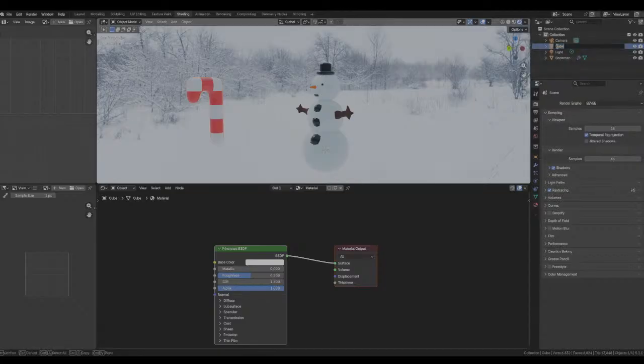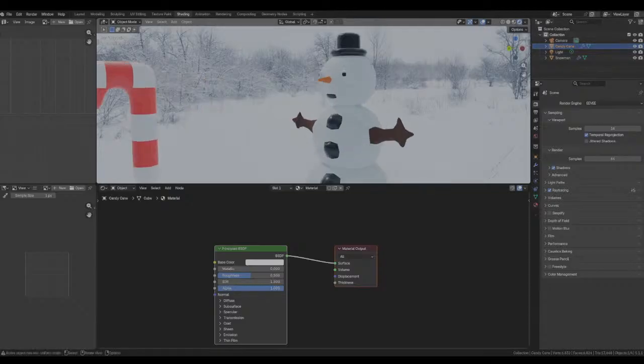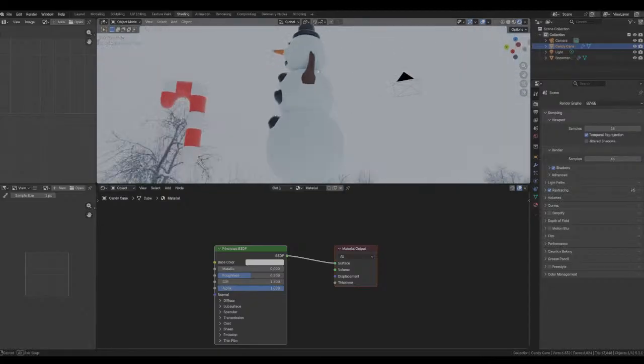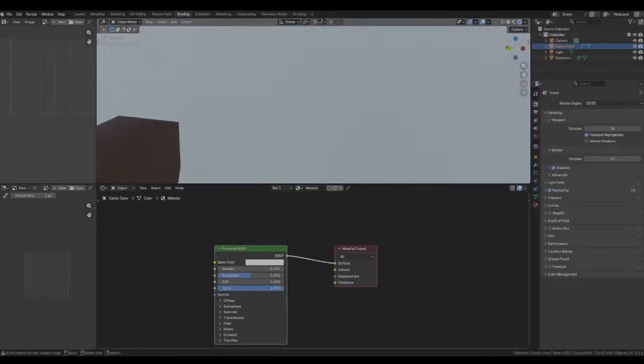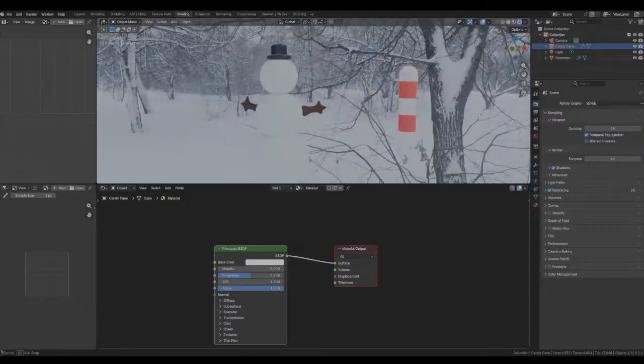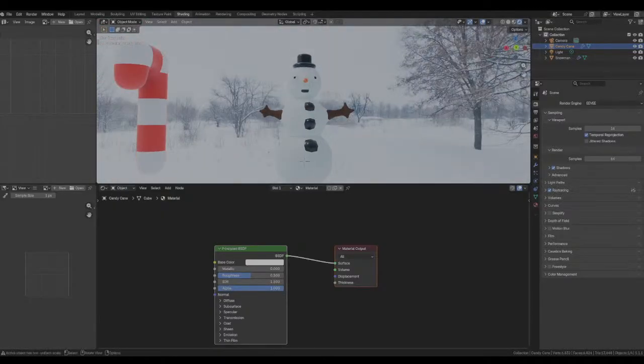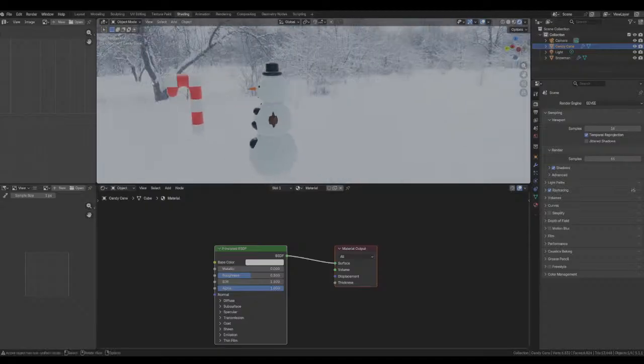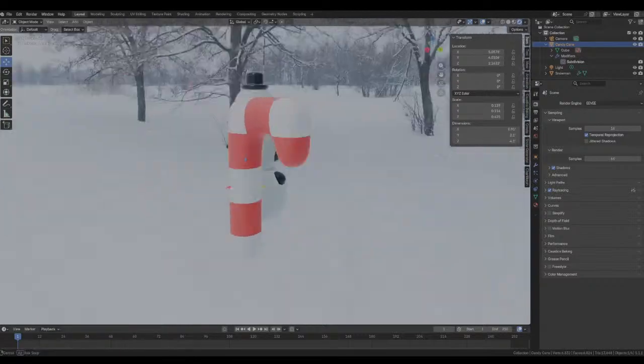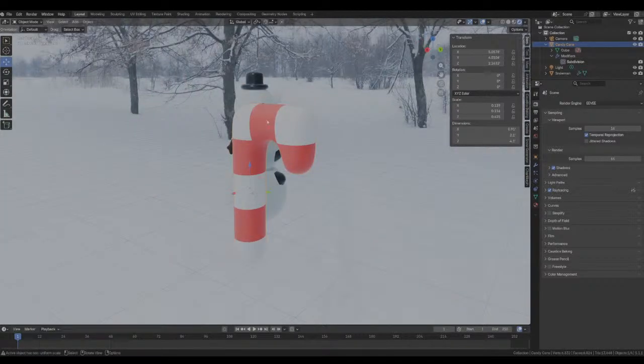Guess I could just do this, right? Yeah, that's better. Okay. That's a lot better. So we got these little decorations here, and I learned something about this.